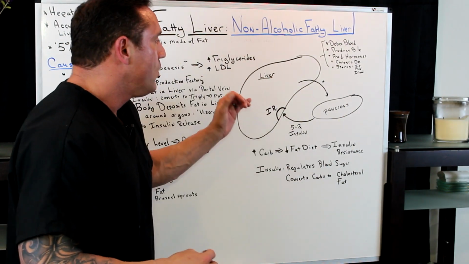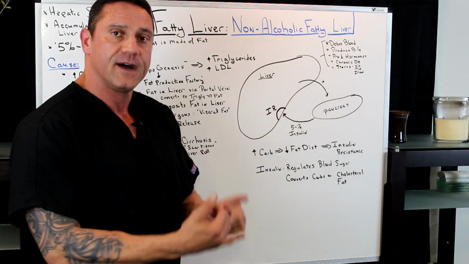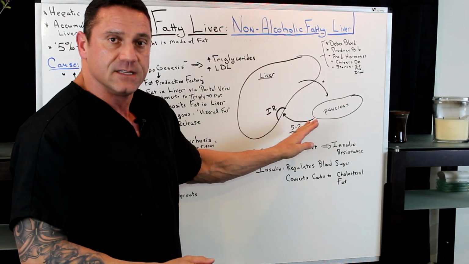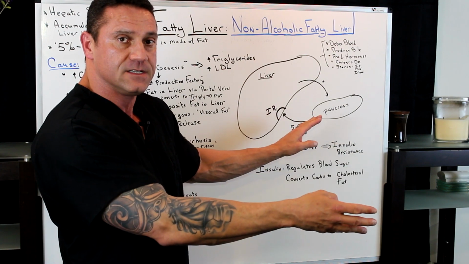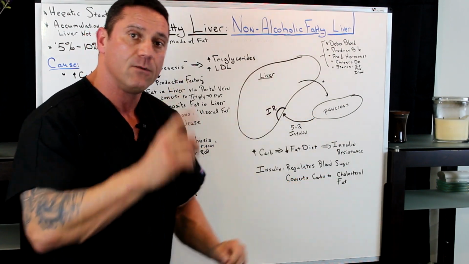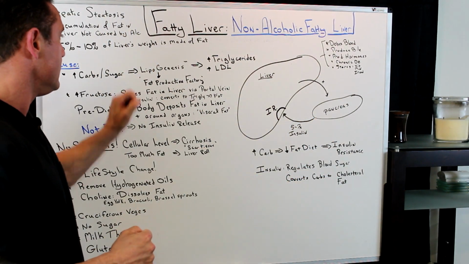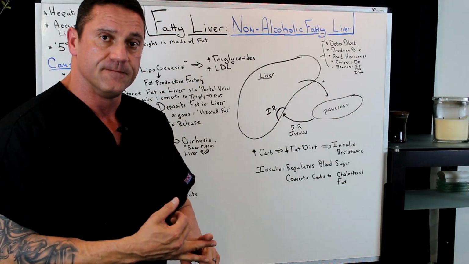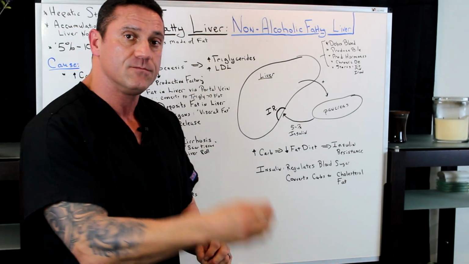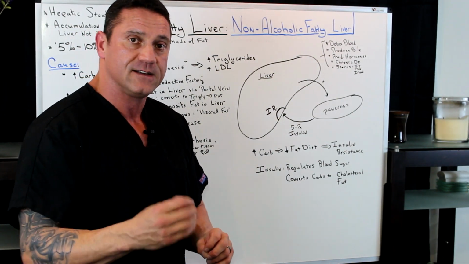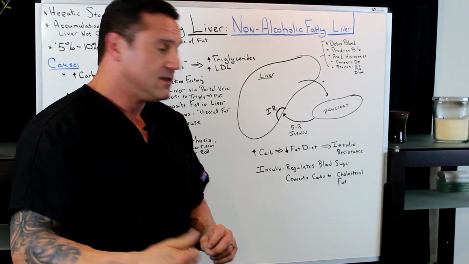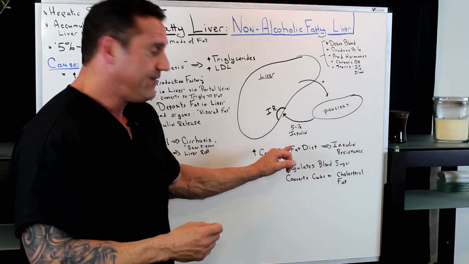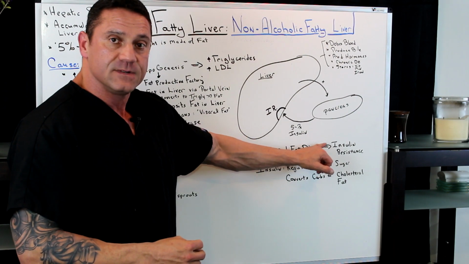Okay, so what happens when we have a carbohydrate and a sugar? The pancreas releases insulin. And basically the function of insulin is to escort glucose into the cell. However, insulin's job is also to make fat and cholesterol. So when you have too much, you're depositing fat and cholesterol in your liver. What happens when you have too many carbohydrates and not enough fat, you're creating what's called insulin resistance.